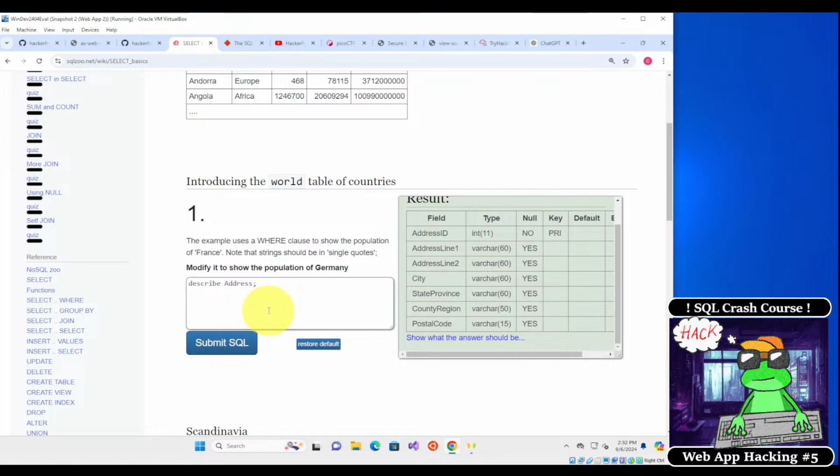Okay, so this is what we need to know as hackers. We need to know the name of the database, the name of the tables, and the names of the columns inside the tables. So after that, naturally what we want to do is get all the information from the table, which is also called dumping the table. So we do that by using the command that we used before, which is select star from the name of the table. So this one is address. Okay, so if we do select star from address and click on submit,